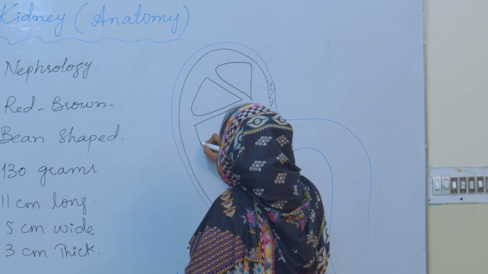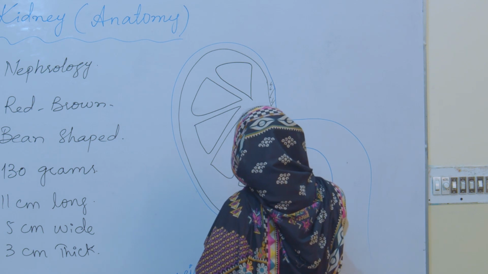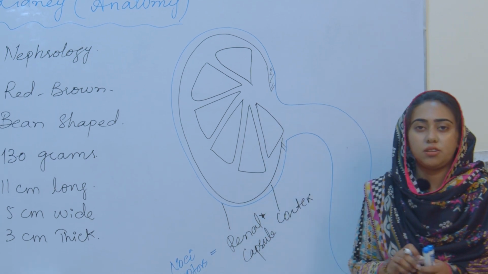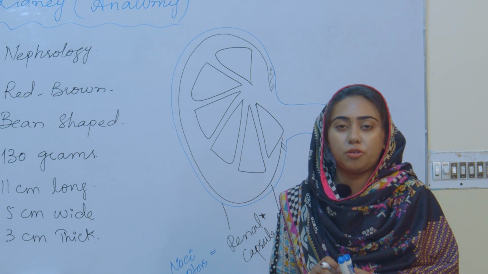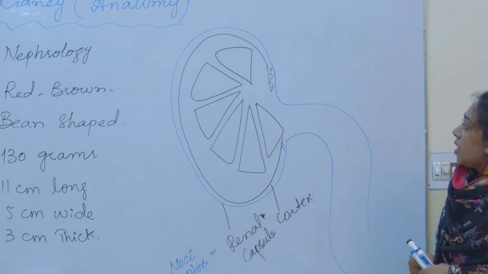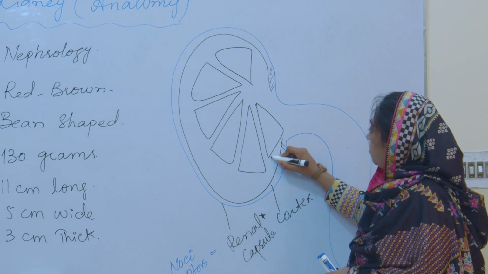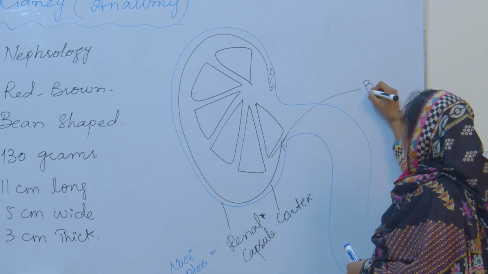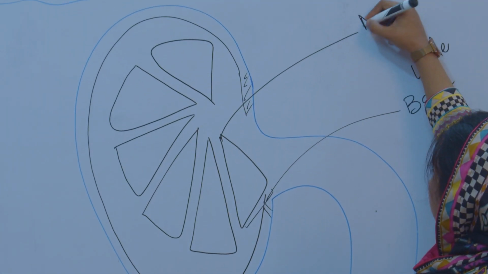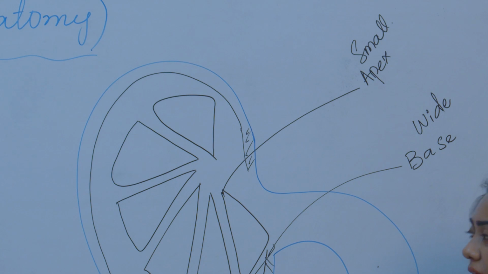These are triangular in shape, not rectangular actually. You can see here the number of these pyramids is 6 to 8. It may be 9, 10 or 11 as well, but most of the time it is 8. It can be from 6 to 8; it is a little variable in individuals. These pyramids have a wider base, like here, and a very small apex, a very sharp ending.